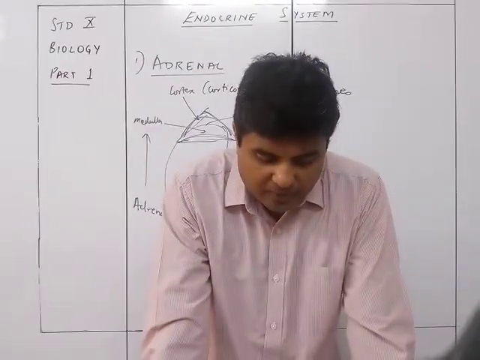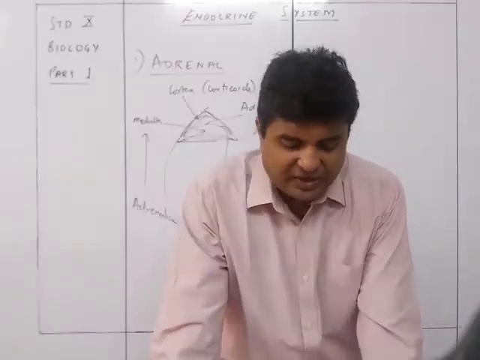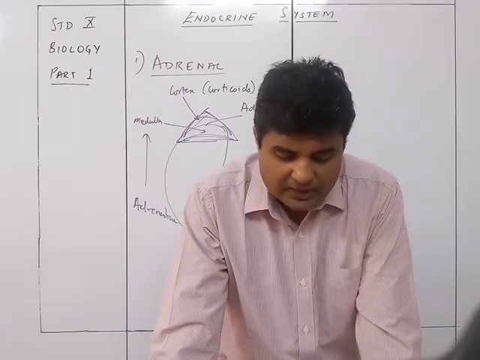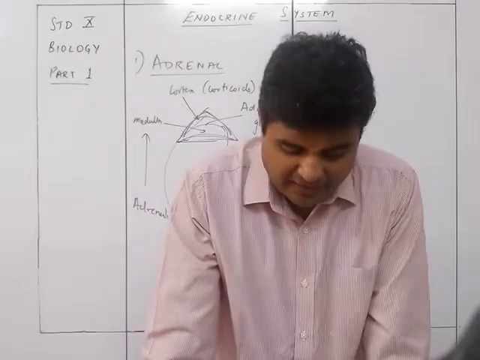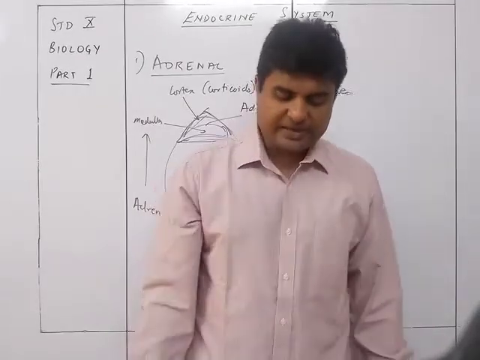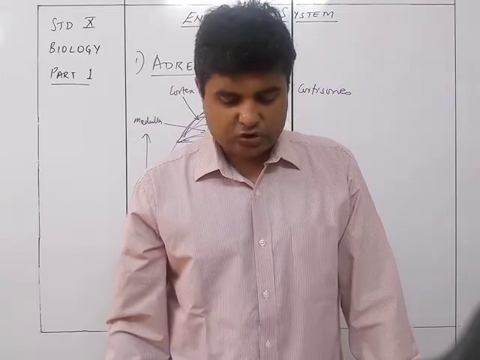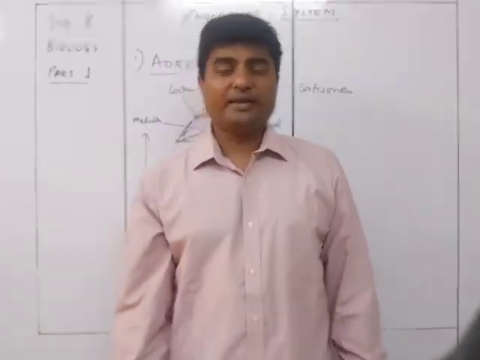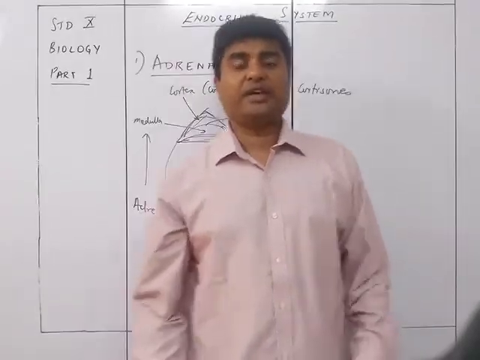Regulates salt and water balance of the body, adapts the body to stresses such as extreme heat or cold, burns, infections, etc. And certain cortical hormones behave like sex hormones. They are both male as well as female hormones in both sexes, and overgrowth of cortex in young children leads to premature sexual maturity. So also, not only that, there are sex corticoids which are going to determine the sexual